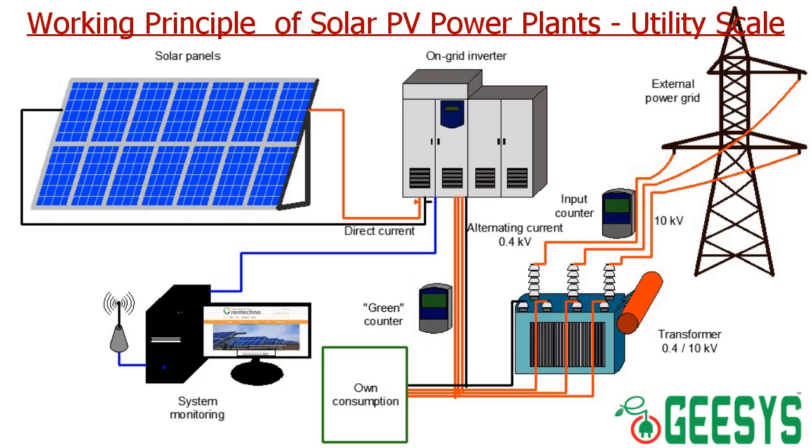This is the simple schematic diagram of a utility scale solar PV power plant project. Here the power starts from the solar PV panel. From the PV panel it goes to the combiner box, and from the combiner box it goes to the inverter, then the transformer, then the HT panel, then it will be evacuated. The power is evacuated to the grid line with the help of switchyards. So this is how it works.